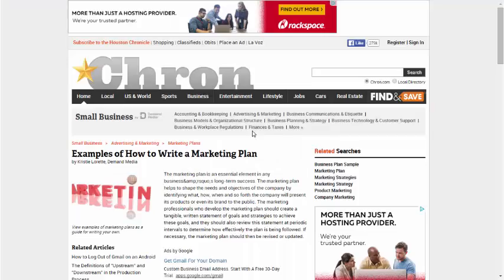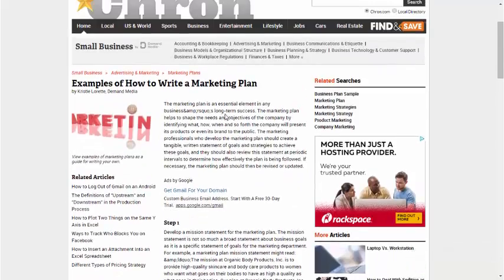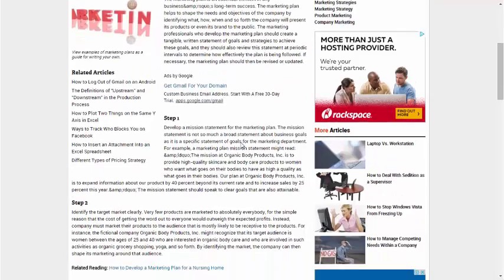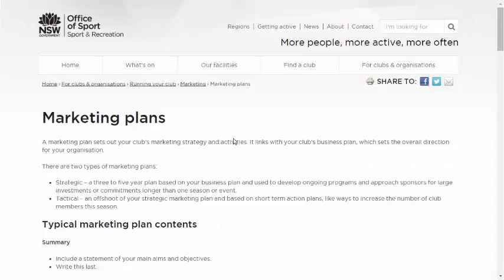Next, we go to examples of how to write a marketing plan. This is in the Chronicle. It's awful. It's just positively awful. They clearly haven't written it with any sort of real market focus in mind. It's just these silly formatting errors that suggest they didn't even go back and look at it once they loaded it up. Probably written for SEO purposes, and I would just skip it altogether. The links are there, but really why bother?